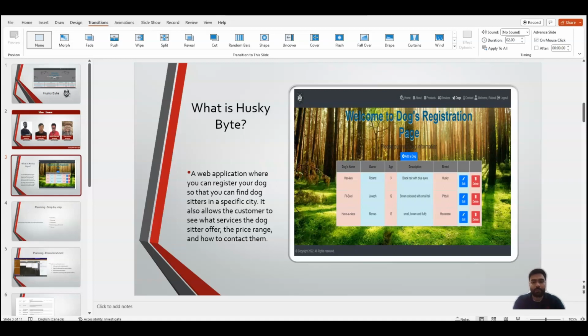Hello, Professor. My name is Mukund Bakshi, and I'm a web developer for this project, Husky Byte, and I would like to explain more about the website and why we chose to do this project. We chose this project because the team shares a common interest and love for animals. So we decided to build a website that could provide services to animals and our beloved pets. With the huge demand in services for dogs and pets in general,